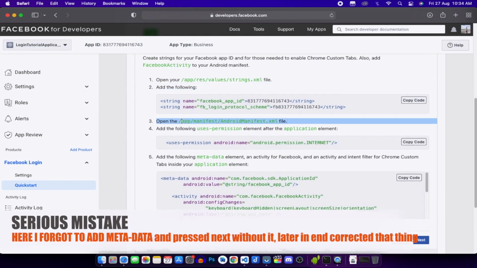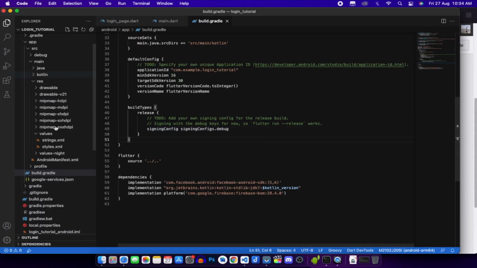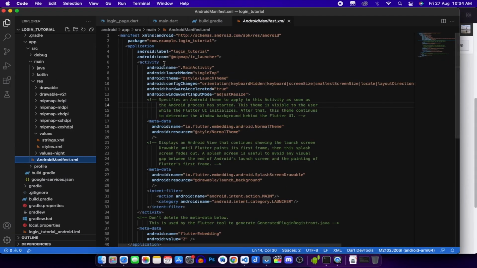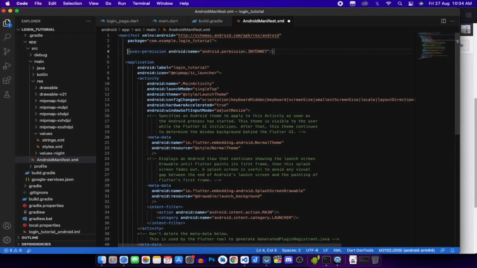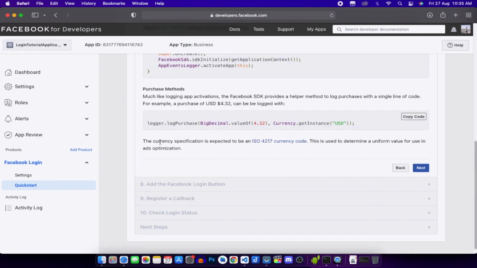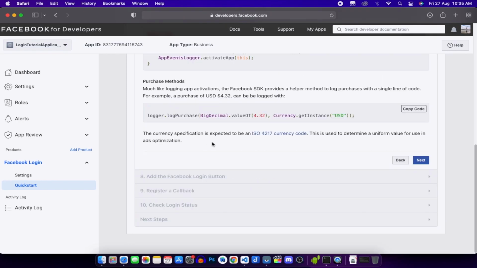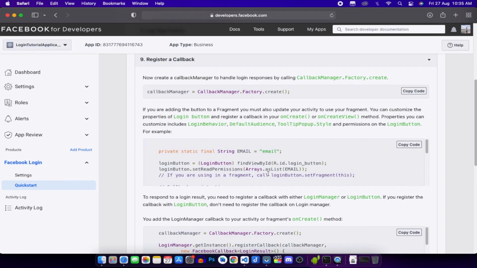Now the next permission we need to do is open our Android manifest and copy this thing also, and paste it here. Okay, we'll click on next, next again, and next again.